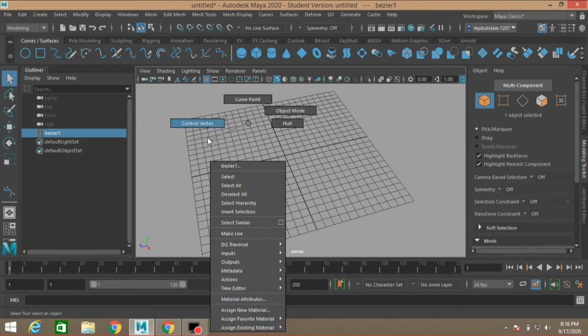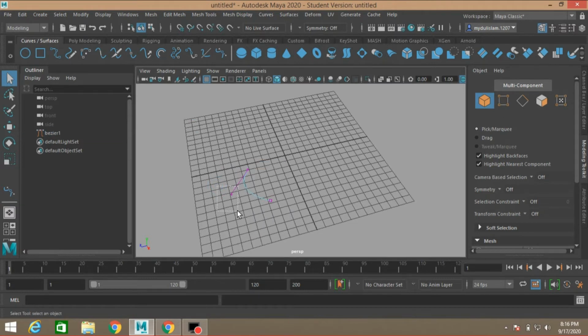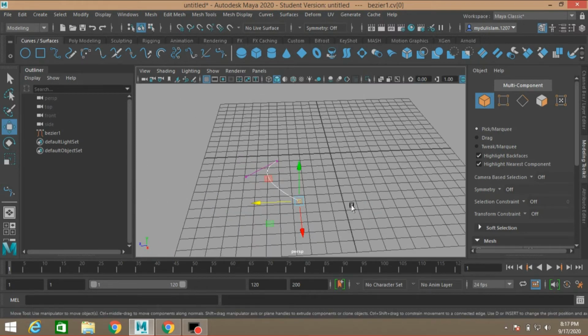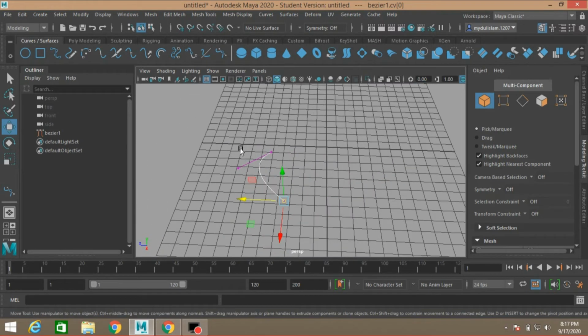Now right click, go to control vertex. You can control this curve shape with this handle also. You can select this vertex, you can customize the shape of the curve with the vertex or just with the handle.